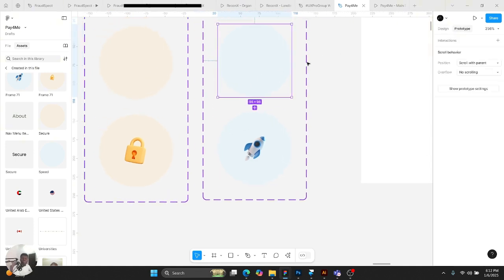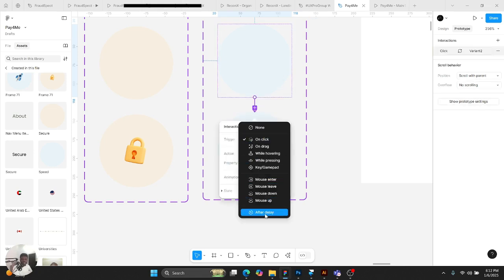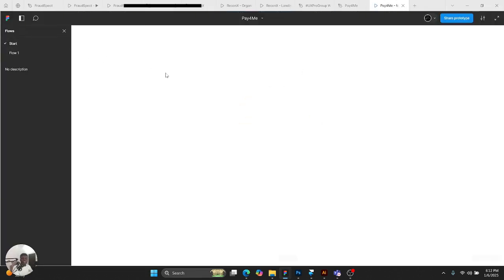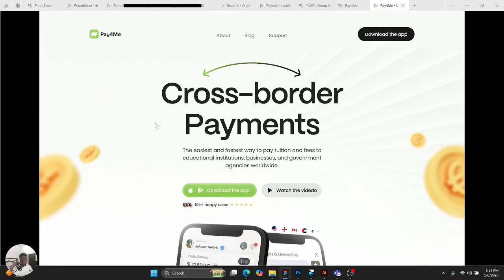Simple logic. Then this guy, you connect it here, it's not on click. It needs to be after delay. Now the timing has to be around 400 milliseconds, and I'll tell you why. If you pay attention to the original design, which is this guy here, you pay attention to how